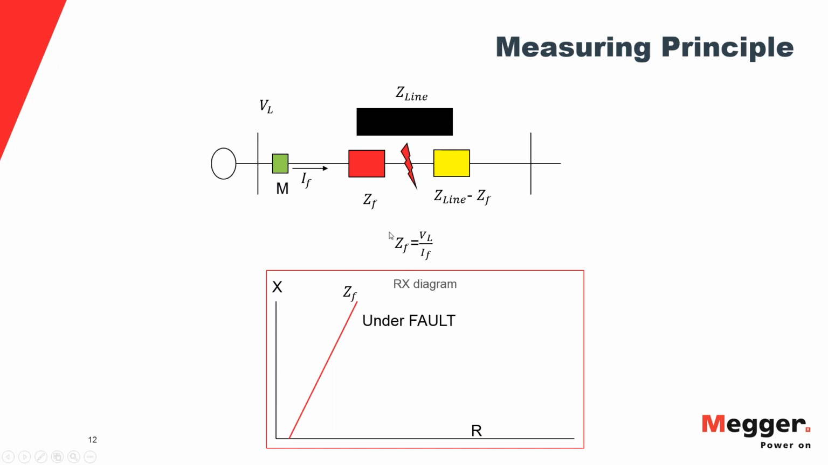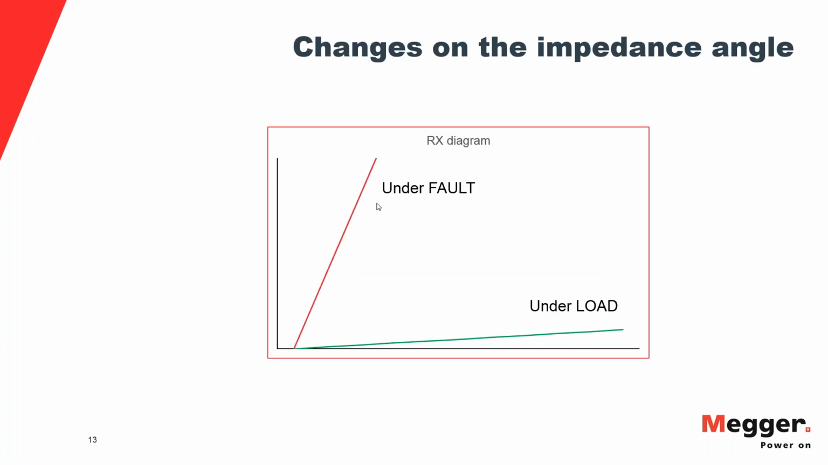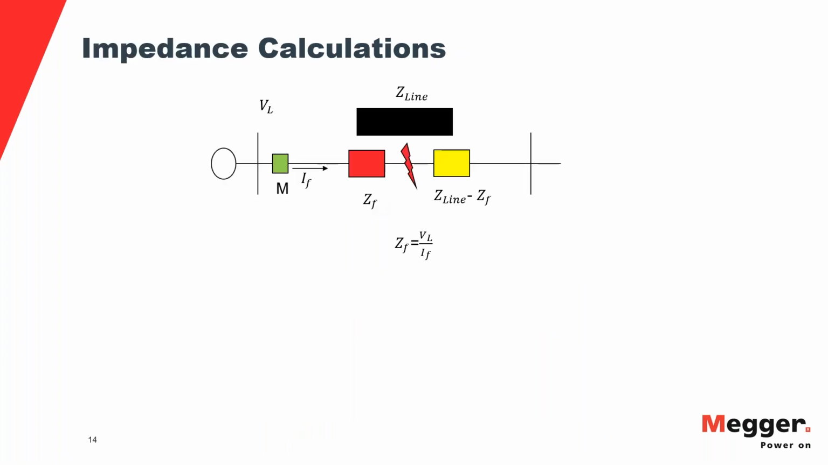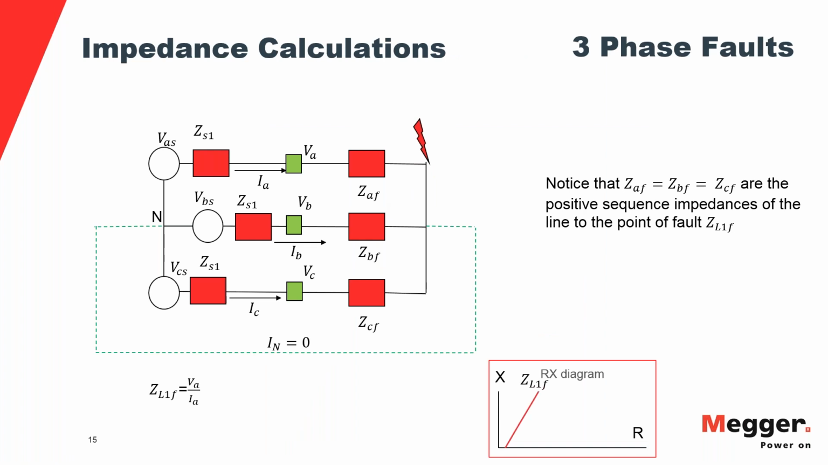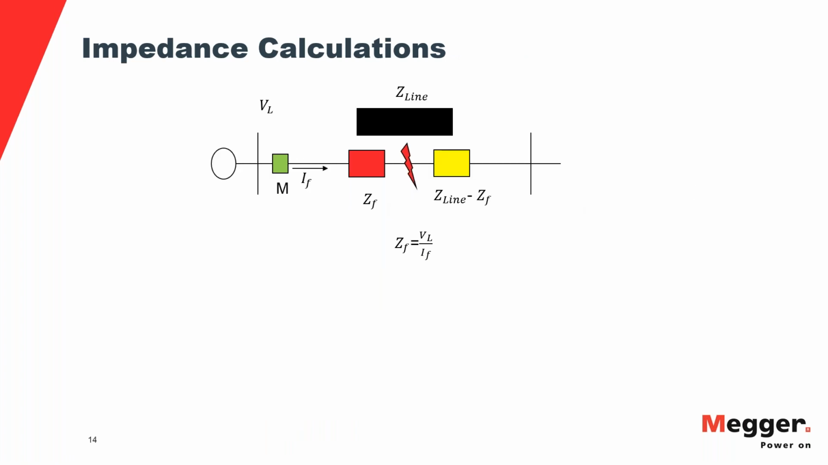And then we can say that the impedance to the fault is simply this voltage divided by this current. Now, we know that that is not that simple. Why? Well, because these systems are three-phase, and in the case of three-phase systems, we have to take into account the differences between three-phase faults, phase-to-phase faults, and phase-to-ground faults in terms of how the impedances